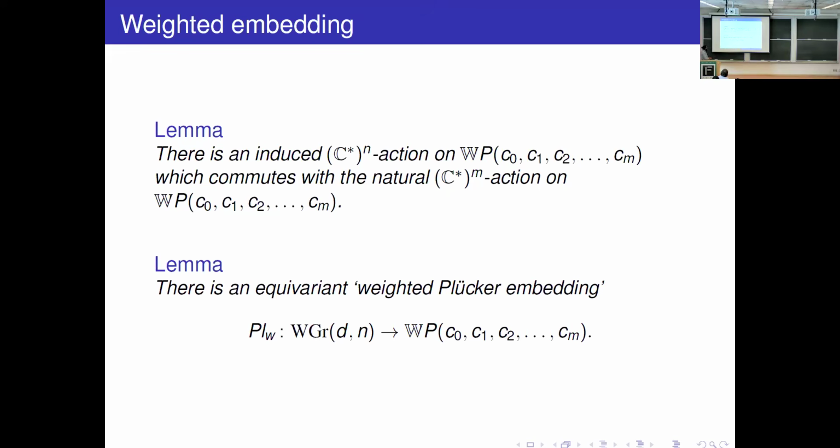Okay. So for the Grassmann manifold, we have this natural embedding, which is known as the Plücker embedding. Here, we can also get this from the weighted Grassmann orbifold to weighted projective space. So natural embeddings are there, and the interesting part is that this is equivariant. Equivariant in the sense of this S^1 N action here. So we already noticed the S^1 N action on the weighted Grassmann orbifold, and here the induced S^1 N action. So with respect to that action, this is an equivariant embedding. Okay.